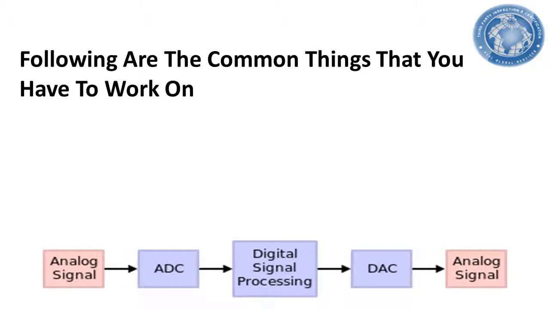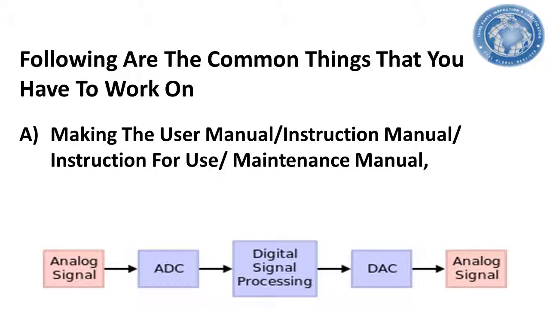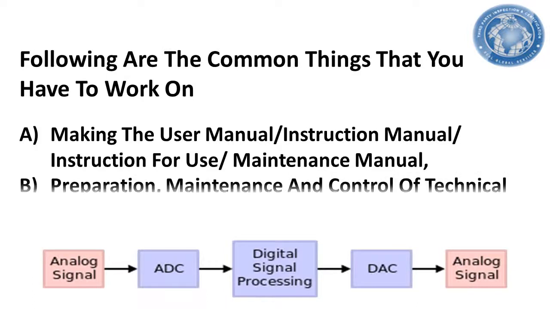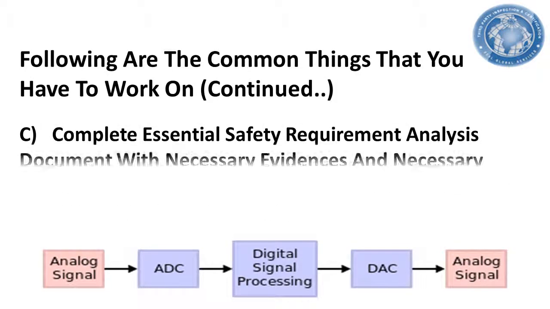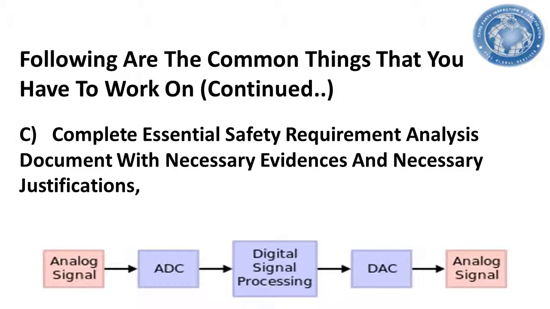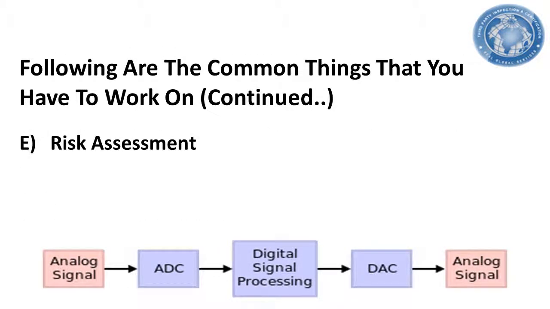Following are the common things that you have to work on: making a user manual, instruction for use document, maintenance manual which can cover all the requirements of safe and effective use of the product, preparation, maintenance and control of technical documents of the product, complete essential safety requirement analysis document with necessary evidences and necessary justifications, inspection control plans or inspection checksheets, risk assessment files along with the corrective actions of individual risks, and